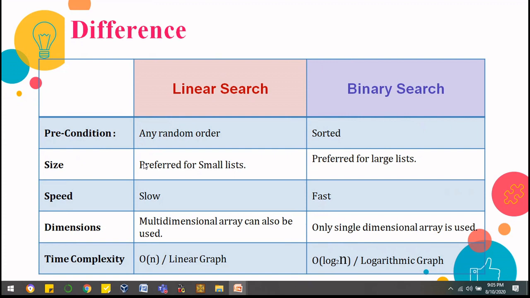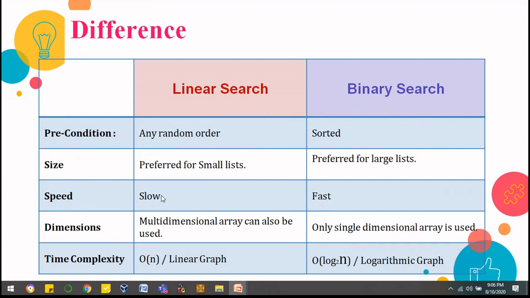Now coming to size, we prefer linear search for small lists or small arrays. Why? Because when the number of elements increases and it relates to real life problems, in that case the time taken by linear search will be very large. But when the same problem having a large number of elements is applied to binary search, the time taken will be very less.